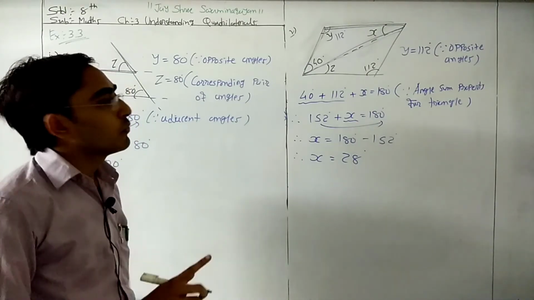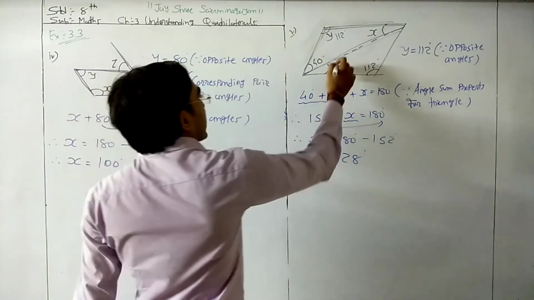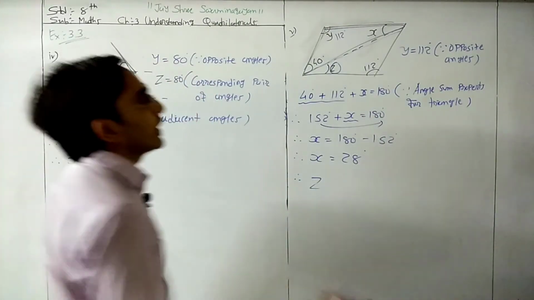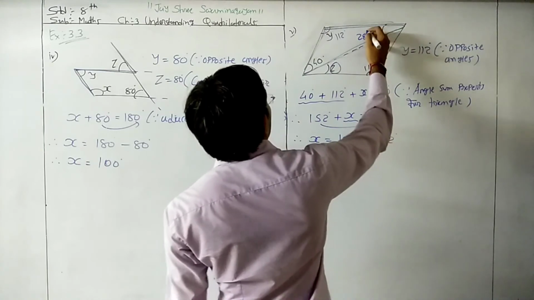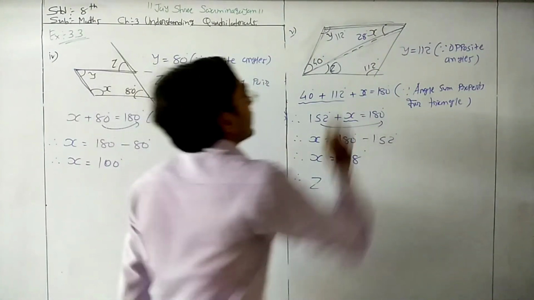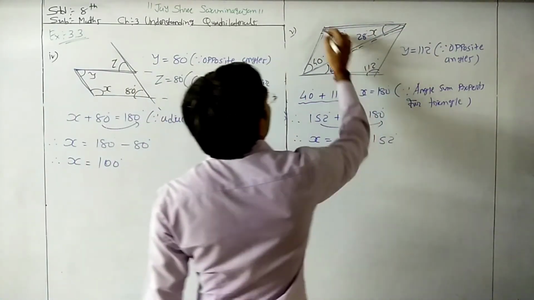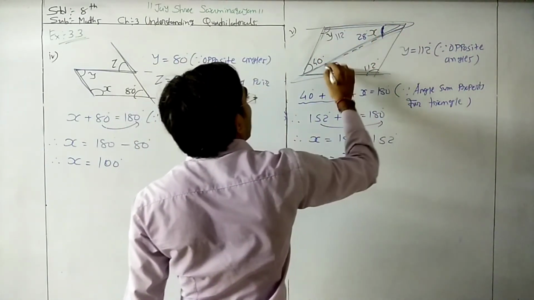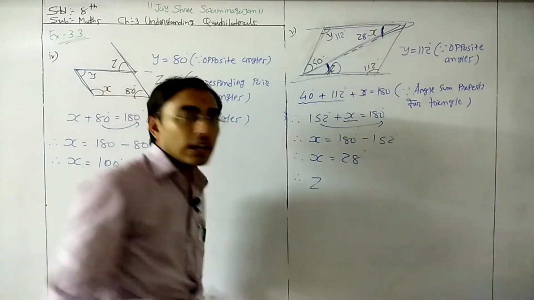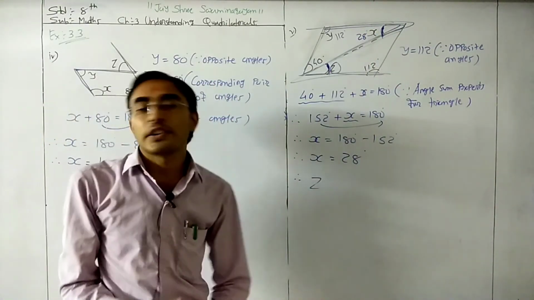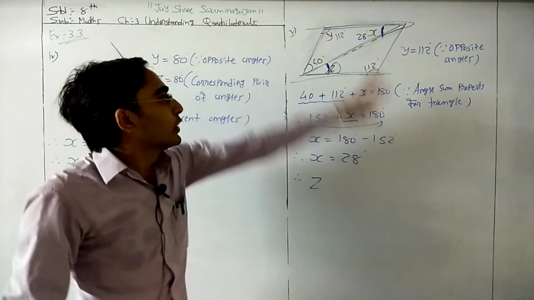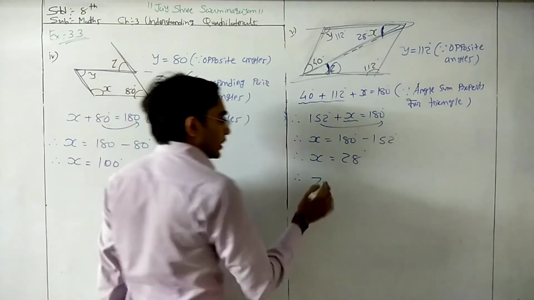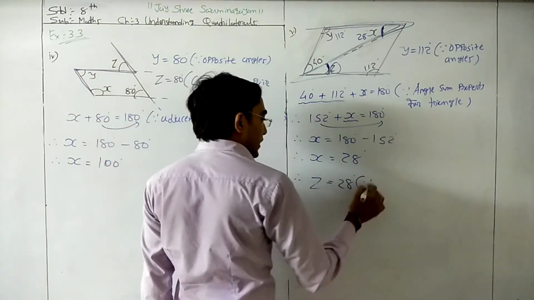Okay, now what is remaining? It is z, right? We need to find this value of this z. So for z, directly we can find the value because right now we know the x is equal to 28. So this is one z, right? So if we know this angle, so we can find this angle. These two are the alternate interior angles, and alternate interior angles are equal. So if this angle is 28 degree, so this is even 28 degree. So here our z is also 28 degree, and reason is